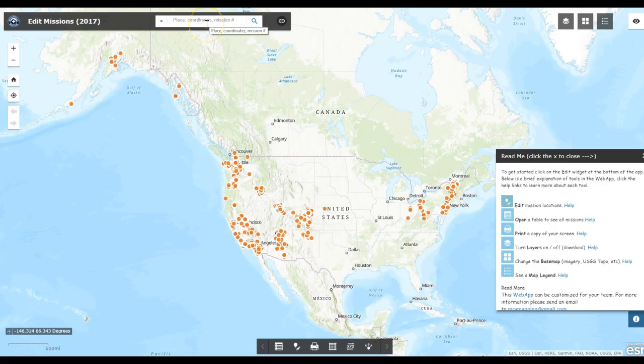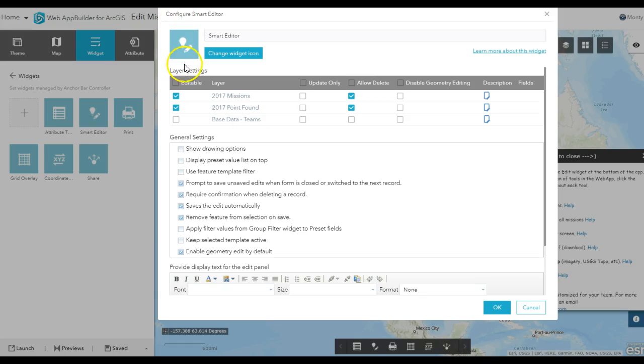This is a quick video for the MRA to show some of the improvements that we're working on for the Edit Missions app. In the configuration here, you can see I've allowed for deletion, but because it's quite easy to accidentally delete the